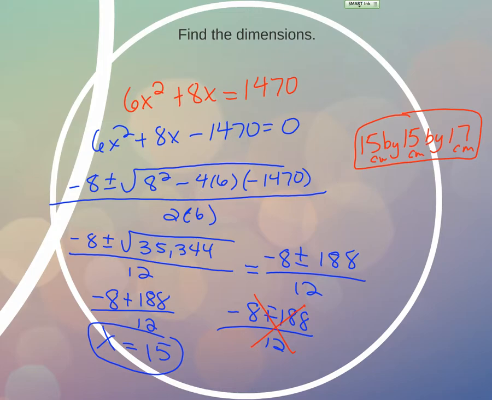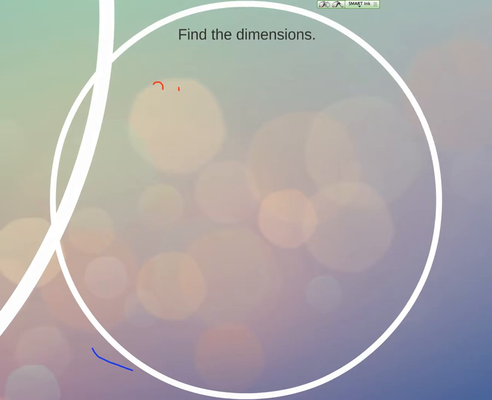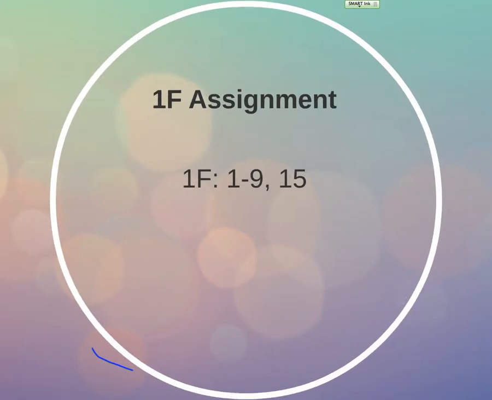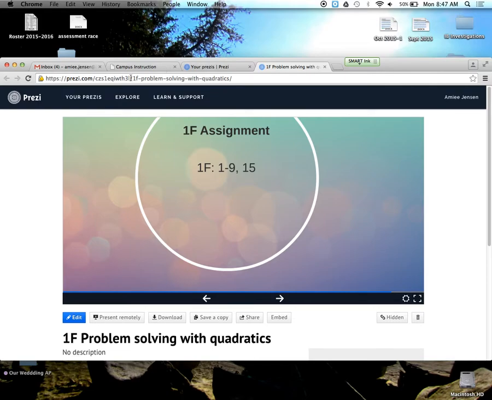So I know there's a lot on this, but it's really where all this other stuff is coming together. Now we have all these strategies and skills that we can use in order to help us solve problems. So, yep, it's a lot of reading, it can be a lot of writing, but it's kind of like showing off what we know in a way. Alright, so there is your assignment for 1F. Since we didn't have time to check homework on Friday,